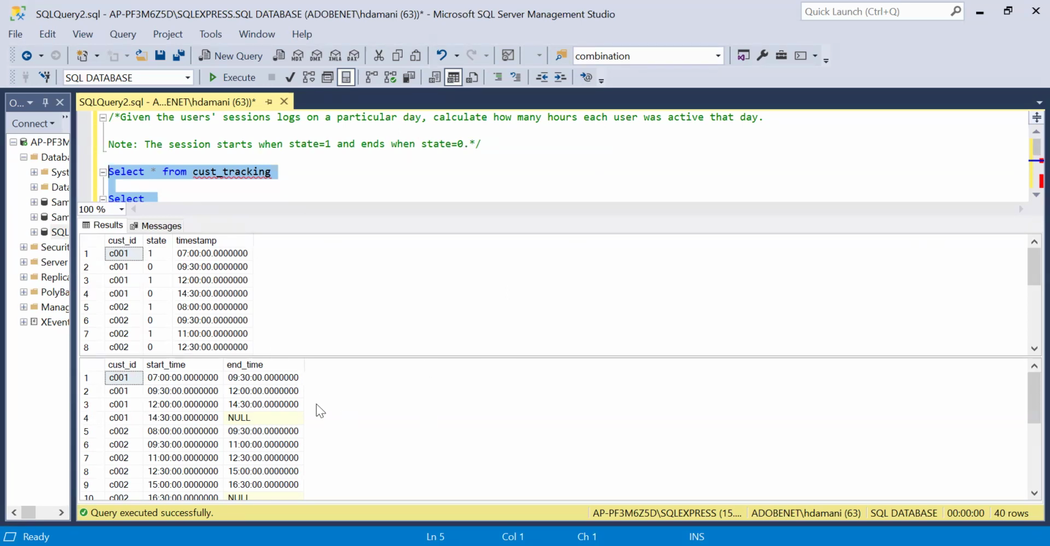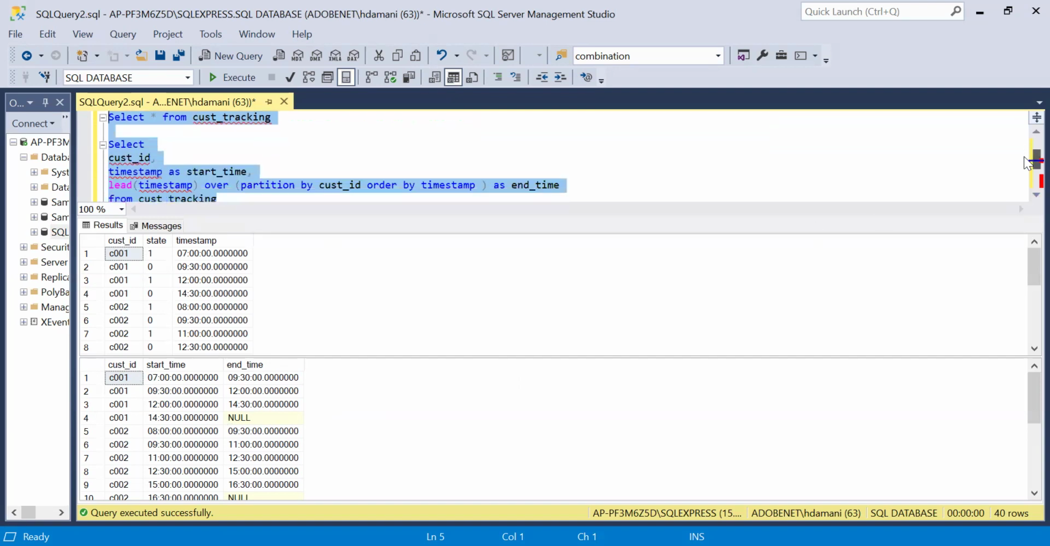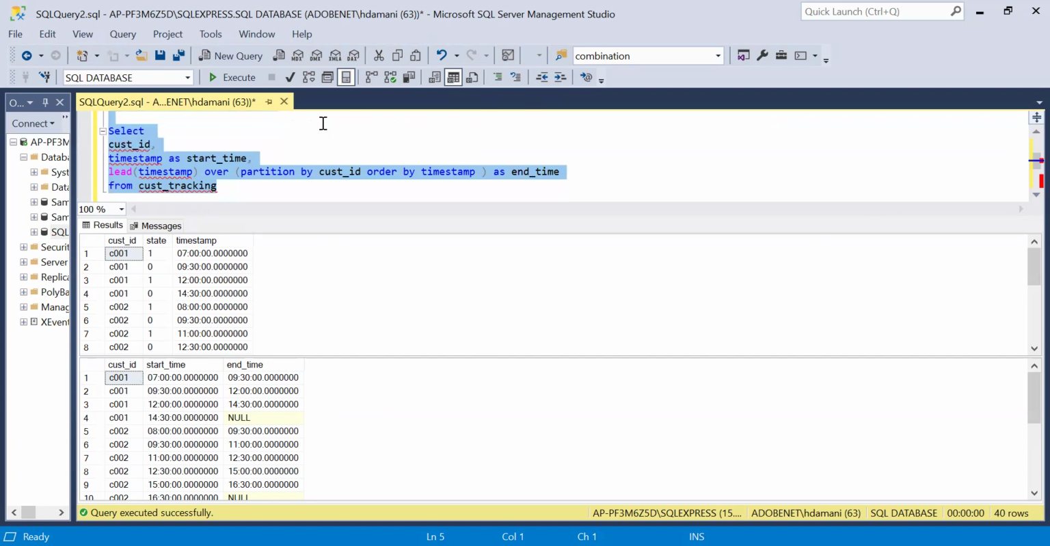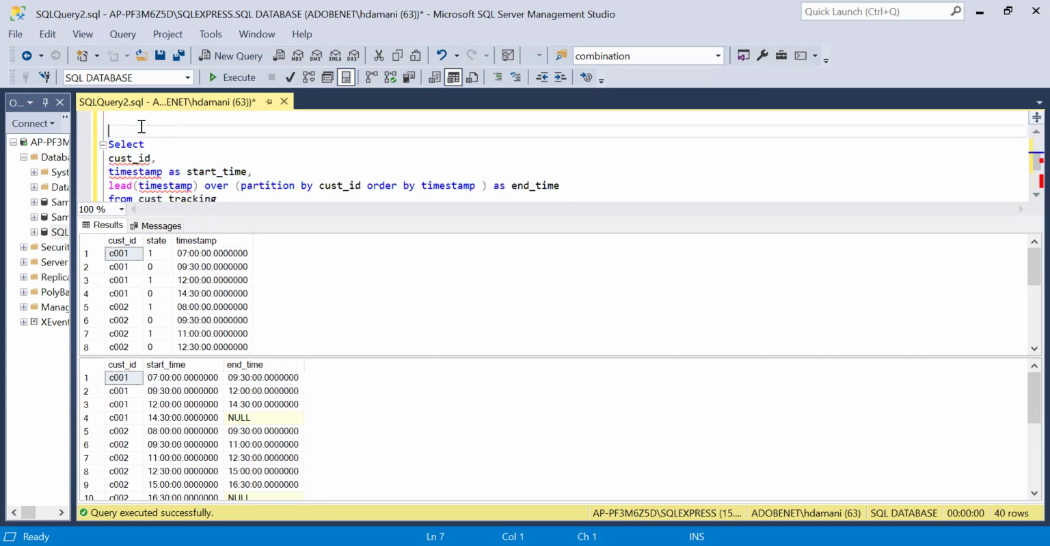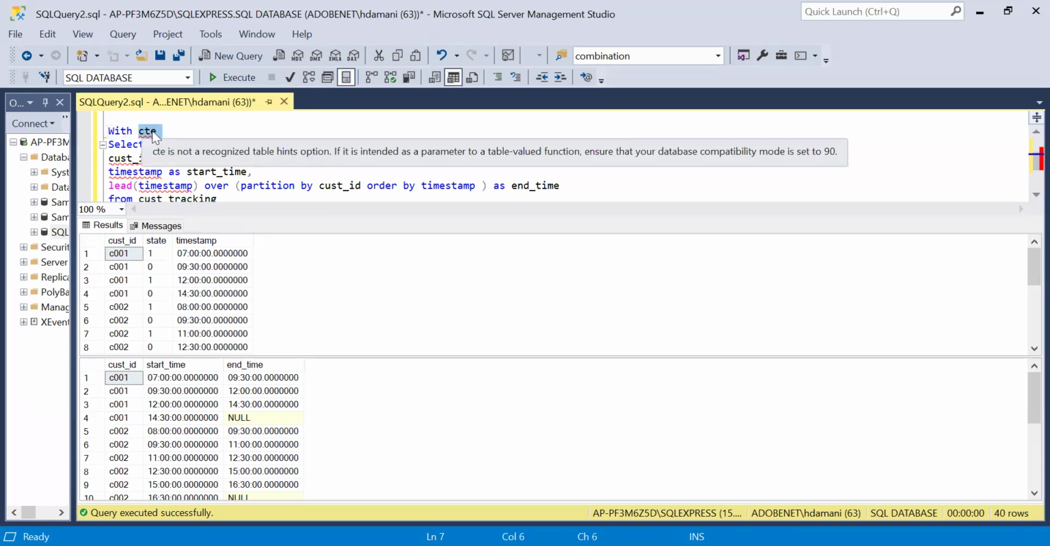So can I say this: if I calculate the difference between start time and end time, and then sum the duration for each customer, I will be able to calculate the active time for a specific customer, right? Let me quickly show you what I meant by that. I will give this as a CTE, using WITH, and we can call it session